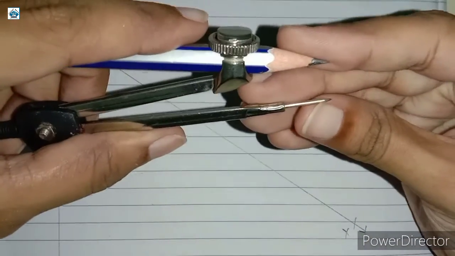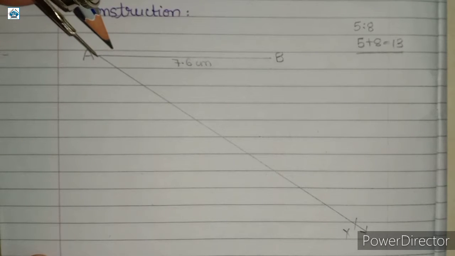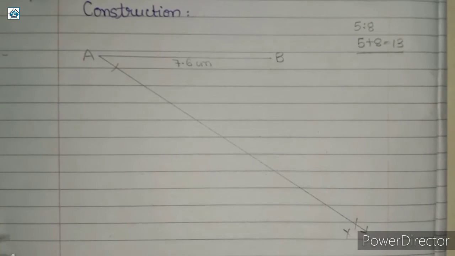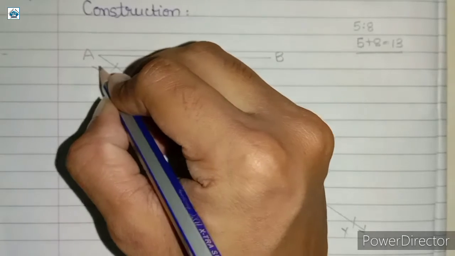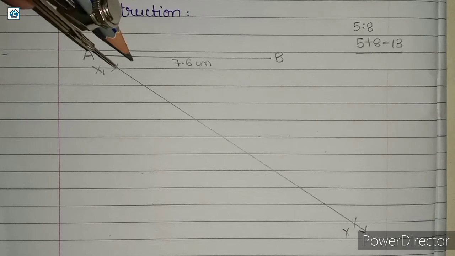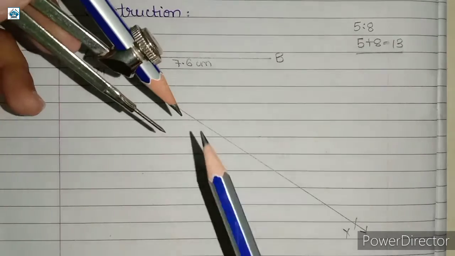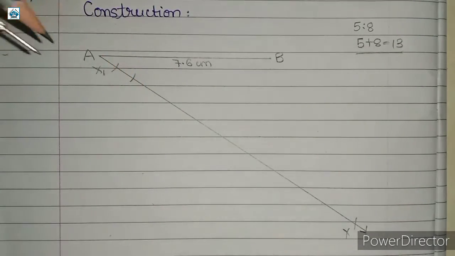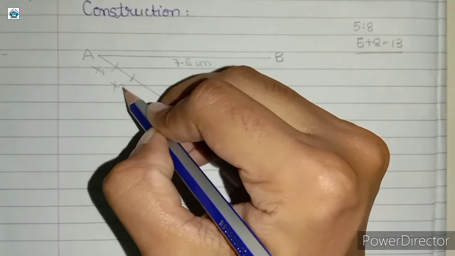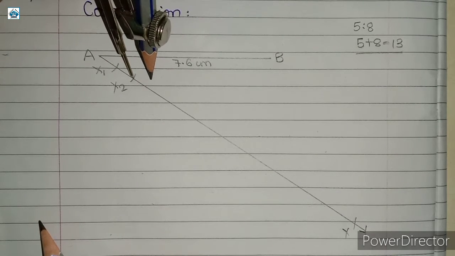For that, take a fixed measurement like this on your compass. Place the pointer at point A and draw an arc like so. So here you got the first arc and you can name this x1. So the distance AX1 should be same as the next distance. That is, this distance should not change throughout. Whatever distance AX1 will be, that should be same as distance x1, x2. So without changing the distance, let us draw the third arc